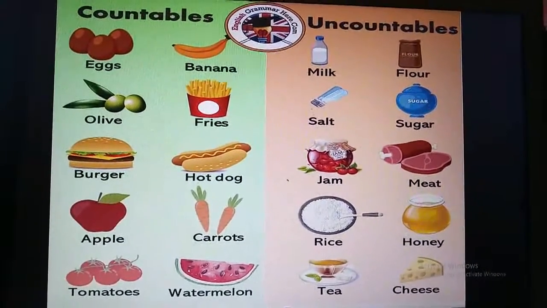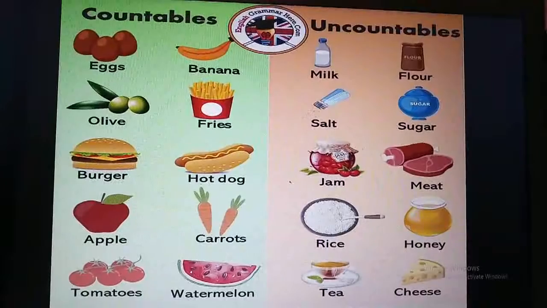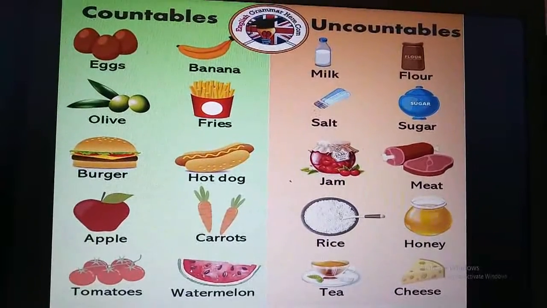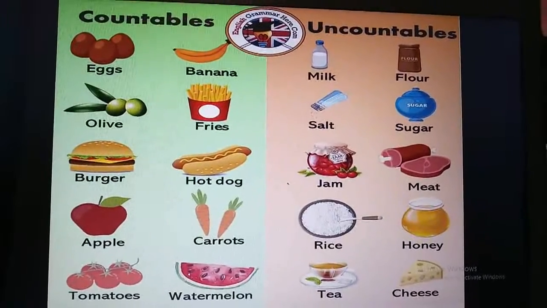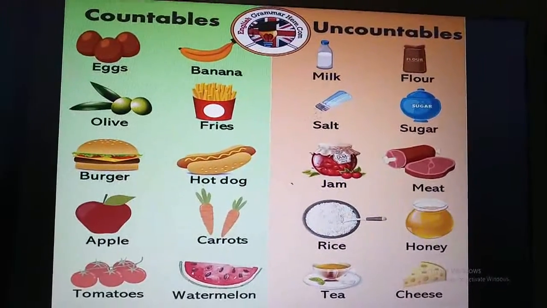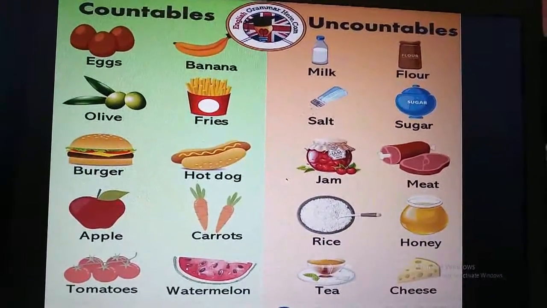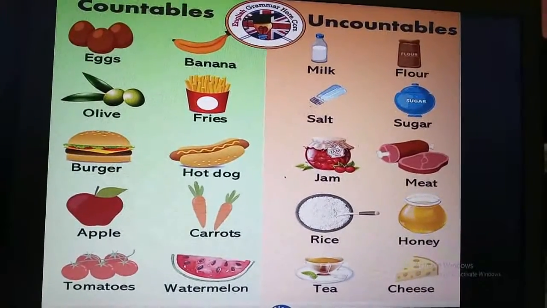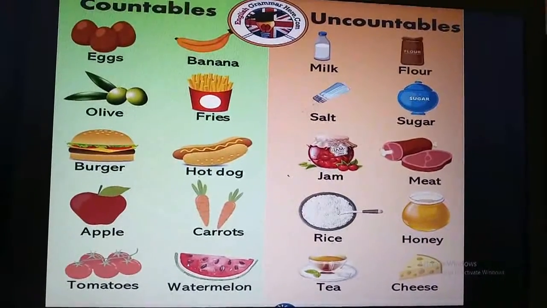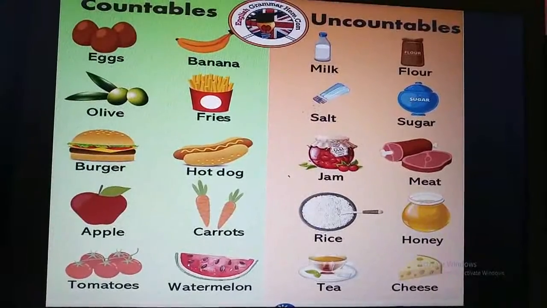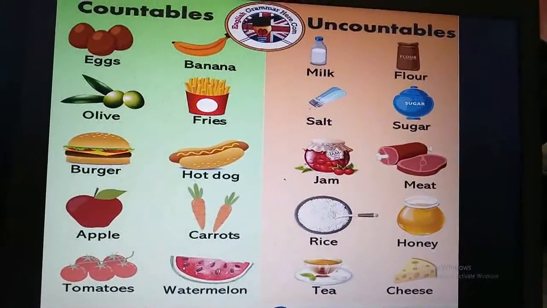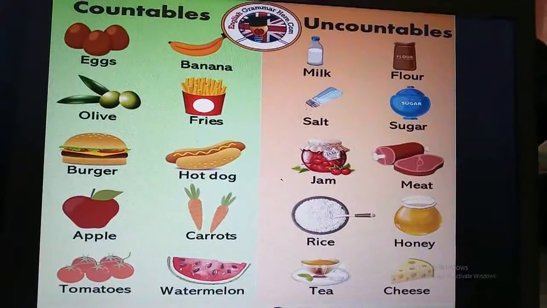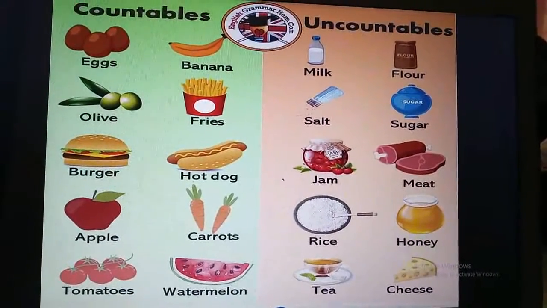Now on the left side you can see pictures of countable nouns and on the right side you can see pictures of uncountable nouns. Let's look at the countable nouns first. Eggs, banana, olives, fries, burger, apple, carrots, tomatoes and watermelon. We can count these in numbers, so they are all countable nouns.